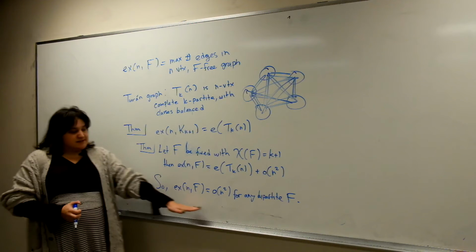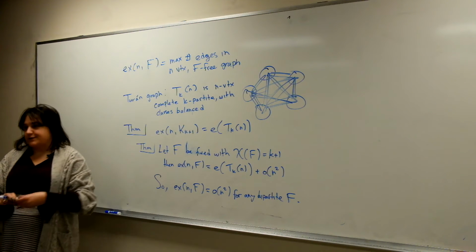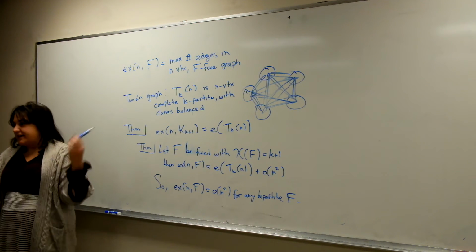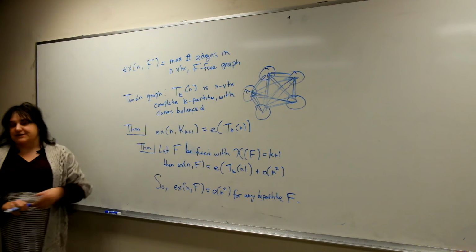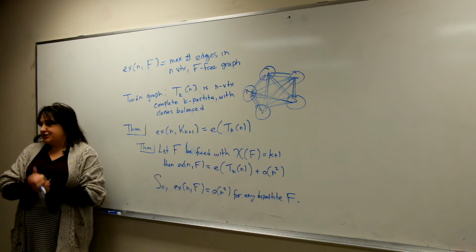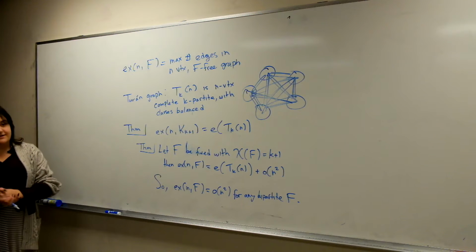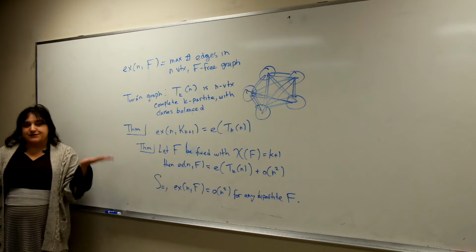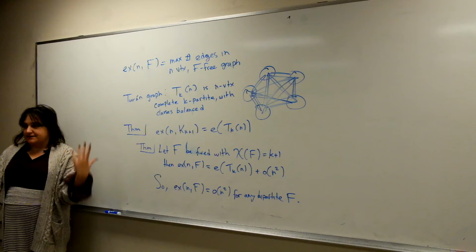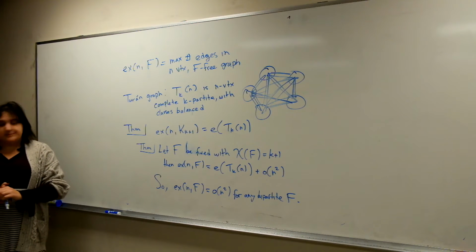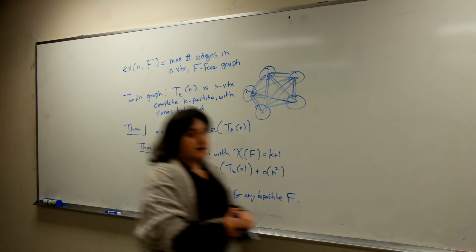Of course, this seems mysterious in all the other chromatic numbers. We know really well what's happening. For bipartite graphs, it doesn't seem like we really know that much at all. And famously, it can be quite hard to find extremal numbers of bipartite graphs. There's still some small cases which are open. But instead of talking about